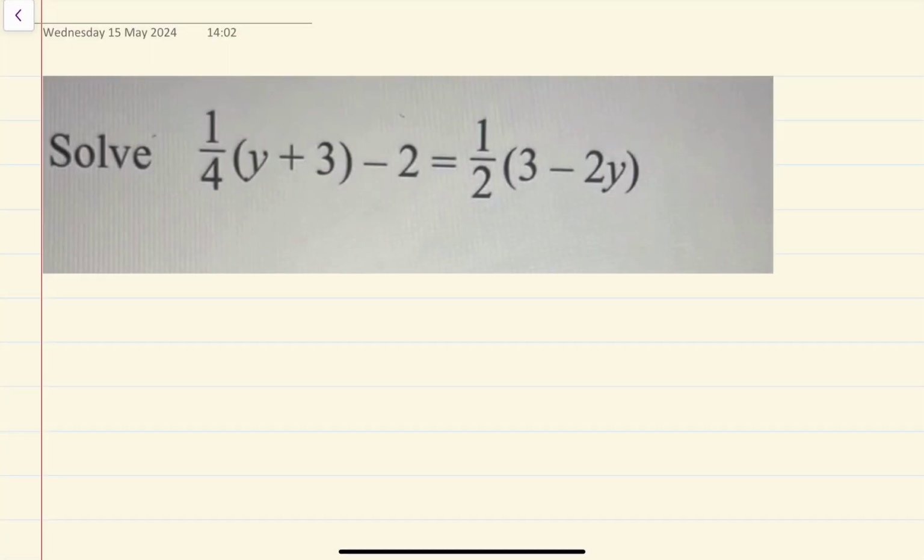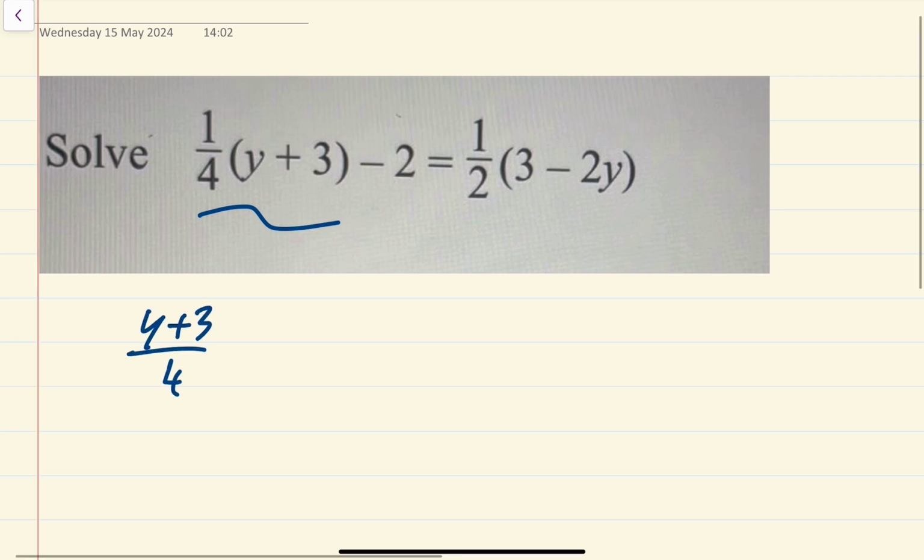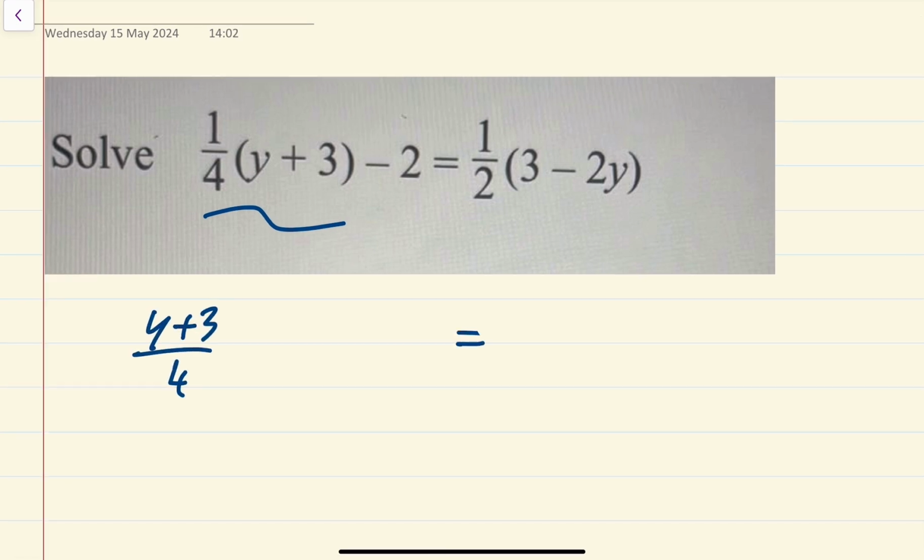Okay, this question we have got to solve for y. We've got a quarter upon y plus 3 minus 2 is equal to a half upon 3 minus 2y. Now my way of doing these is I'll rewrite this first of all as y plus 3 all over 4, and then I'm going to bring the minus 2 across the other side